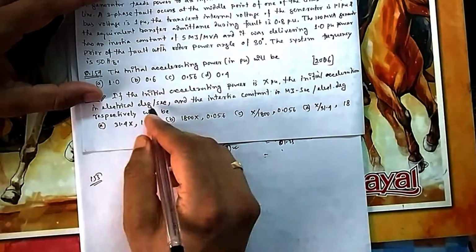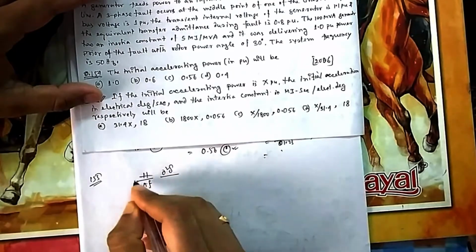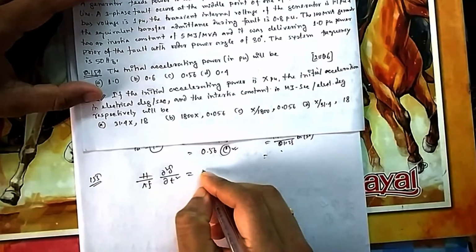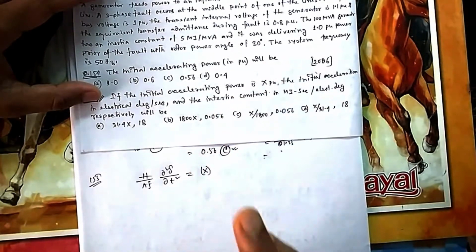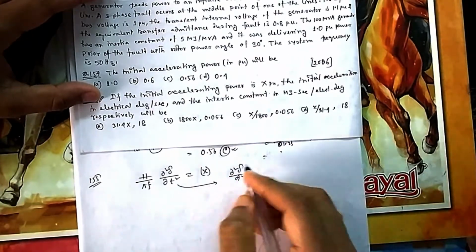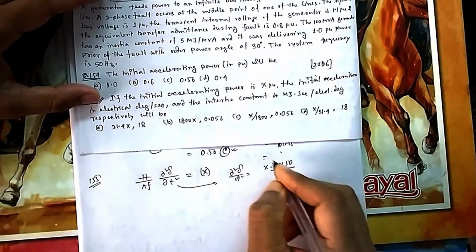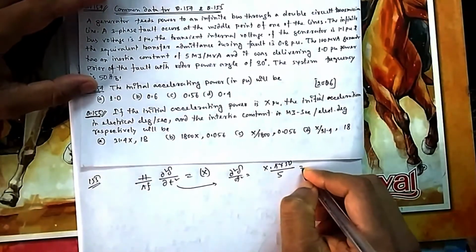So if I go for initial acceleration in electrical degree, what is that formula? Swing equation. In per unit we are writing, so no G will be there. Normally it should be GH by this one. So if you write it per unit, you divide both sides by G. This side is accelerating power, which is your X. We have calculated 0.56, but they have asked you to take it as X. So what is your initial acceleration of rotor angle in electrical degree per second square? That will be equal to X into pi into F, which is 50, divided by H. They have given 5 megajoule per MVA. So if you do it, you will get it.